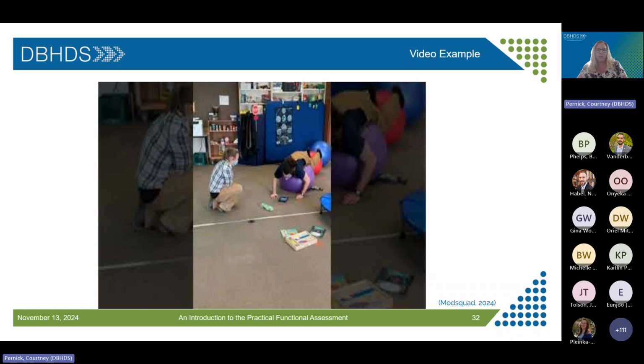We're going to start it after that 5 minutes of HRE. And then you'll see the implementer starts the EO progression. And at the first sign of problem behavior, they quickly remove the demands and return to that reinforcement context. So we'll show you 3 of those transitions during this ISCA. And I really hope the audio works.